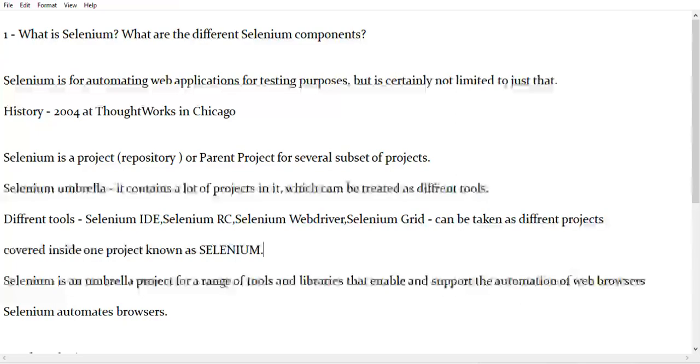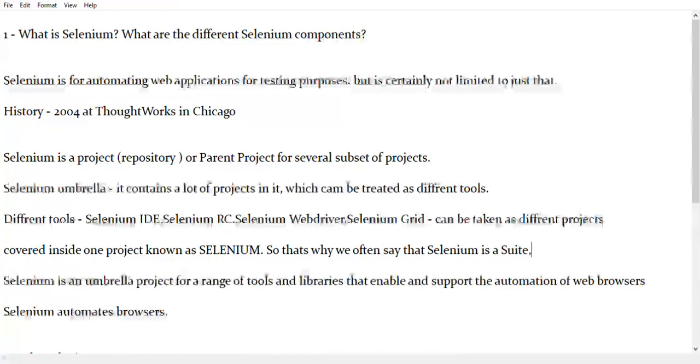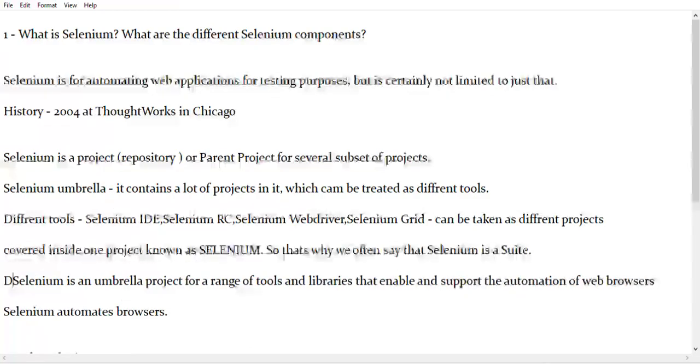So that's why we often say that Selenium is a suite. Let me say that Selenium is a suite, or if you see it this way, you can say that Selenium covers a subset of projects in it. So we can conclude it as a definition. I will say